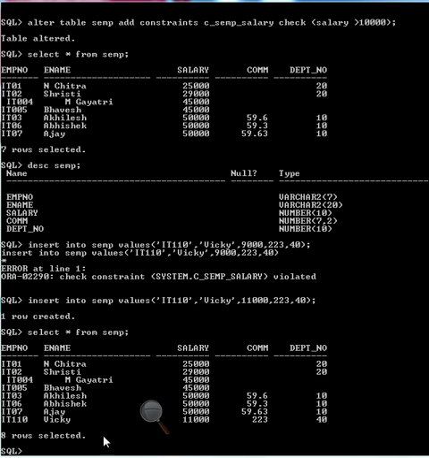Okay, now suppose if I want to drop the constraint, I can drop it here also.